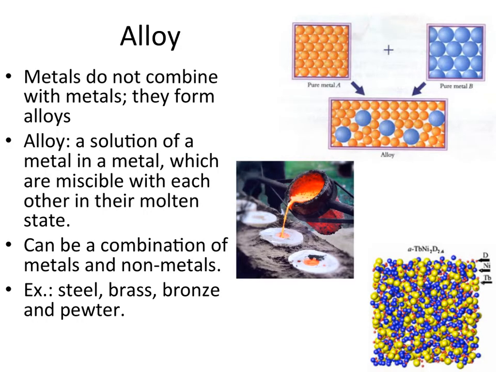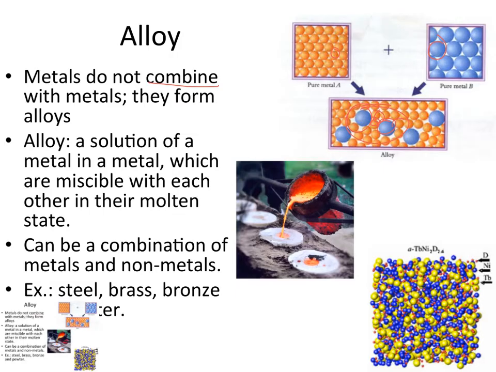Now, alloys are an interesting form. They're actually very, very important to our daily existence. They form a lot of different types of metals that we see. And what they are is a kind of combination of metals. Now, metals don't actually combine with other metals in that they change their properties. The individual atoms will mix with other atoms of a metal, forming this kind of collection of metal atoms. They don't actually react with one another, they just kind of exist